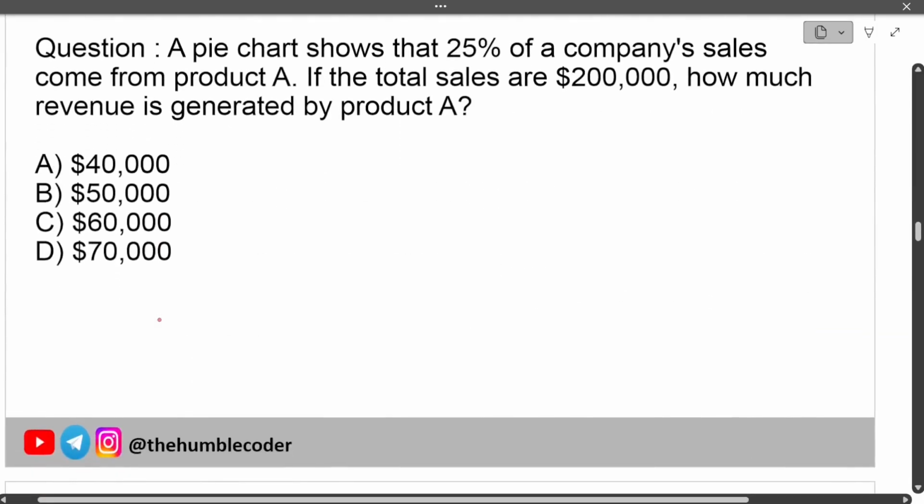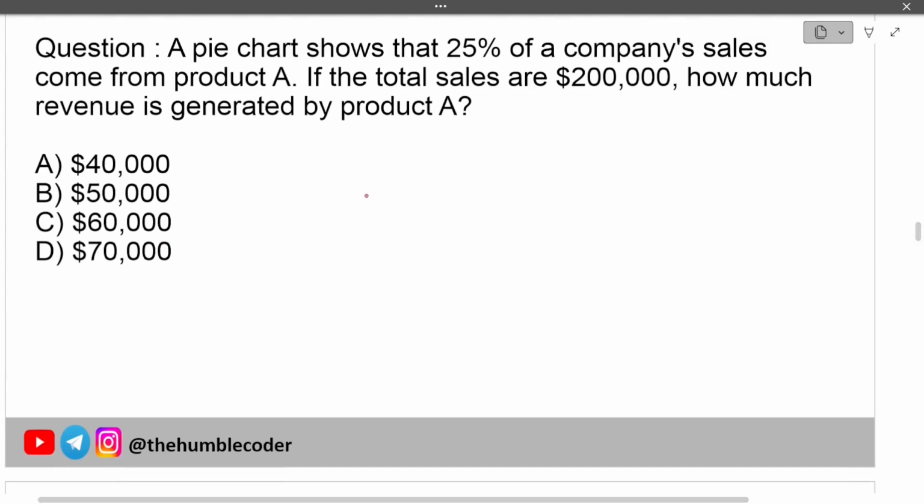A pie chart shows that 25% of the company sales come from product A. If the total sales are $200,000, how much revenue is generated by product A? So we know that product A has 25% revenue, and total sales is